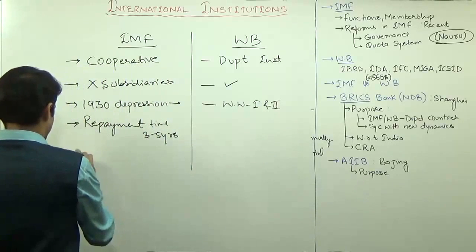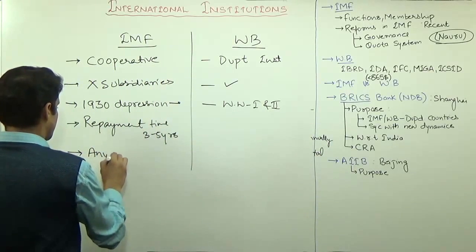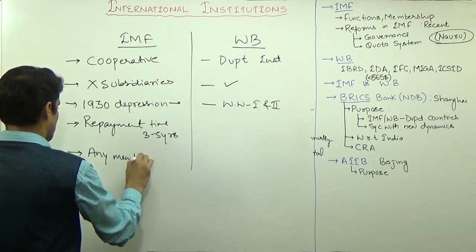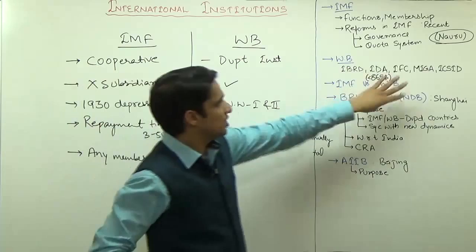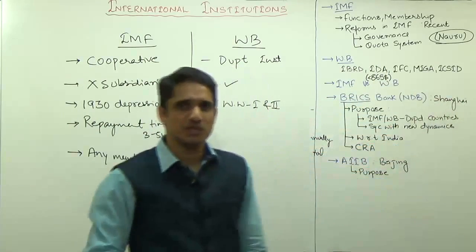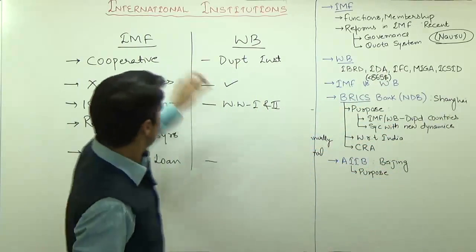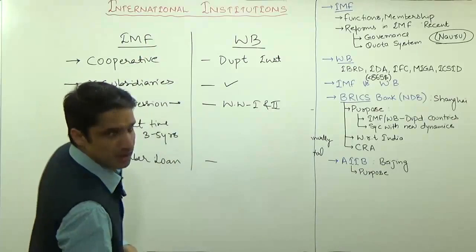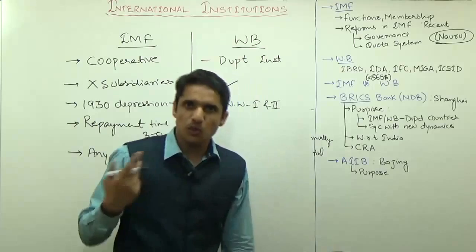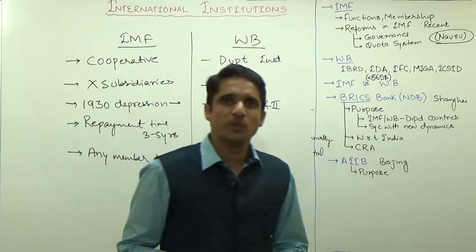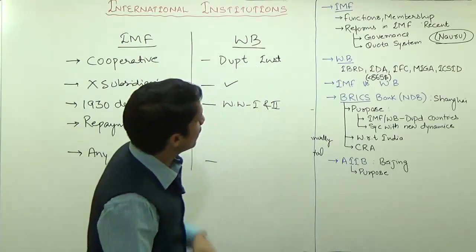Then any member can take a loan, but in this case a few conditions are there, just like IDA has put some conditions. So if you become a member of IMF, you can take a loan from IMF, but that is not the scenario in case of World Bank, because World Bank gives you loan at low interest rate. So World Bank will give only to the